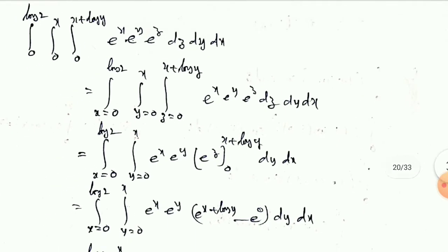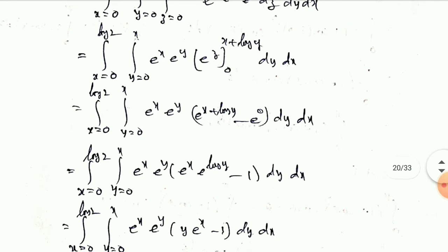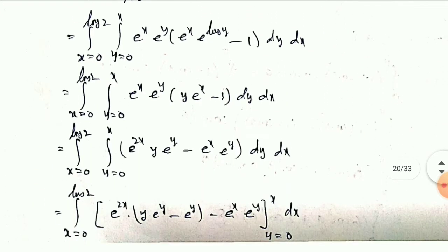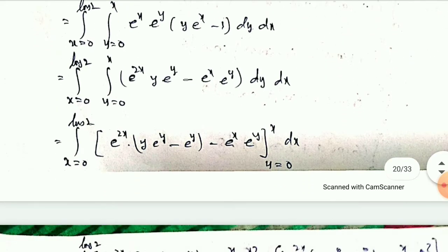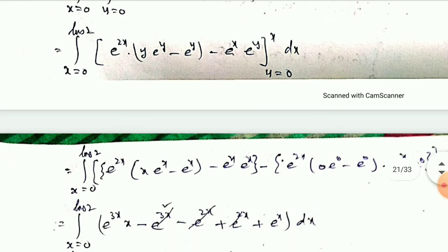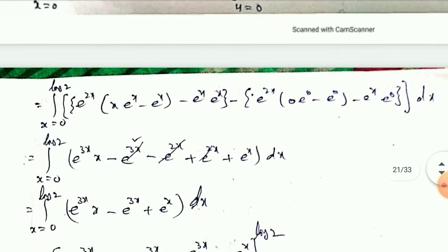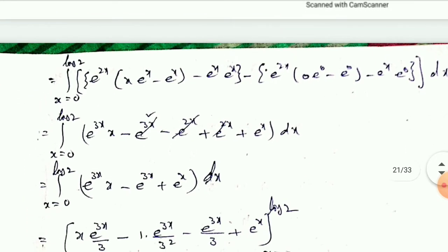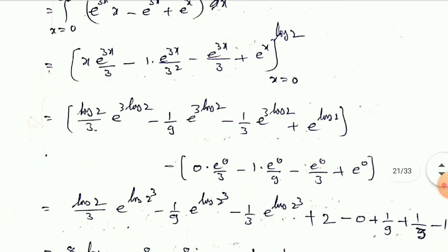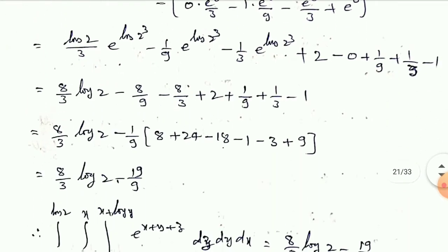First with respect to z, substitute the limits, upper limit minus lower limit, and make the simplification. Okay, one by one. Then after making the simplification, you do integration with respect to y. So when y into e power y is there, it is a uv integration by parts. Do it, substitute your limits and simplify. Only after simplifying can you do the next integration. So that is the only simple integration you need to do, and you get your final answer.